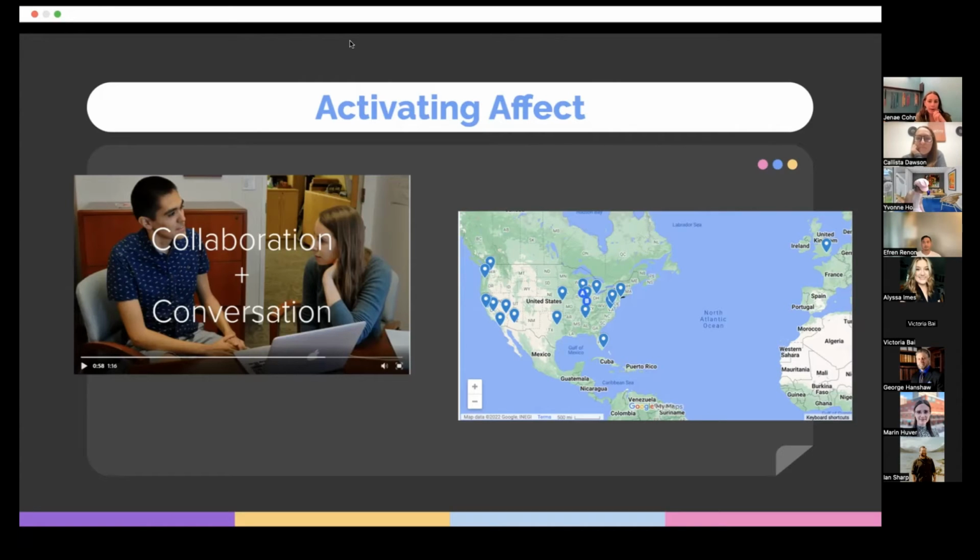Another creative way you might activate affect is to do a little bit of shared creation around one commonality. So one way I'd like to do this in prior classes is to create a map. This is just an example, like a Google map with pins in it. And ask students to pin, hey, where did you grow up? Where were you born? Tell me a little bit about how your hometown shapes the way that you think about the world. It's a really brief kind of icebreaker prompt, and it works well in an asynchronous environment because it